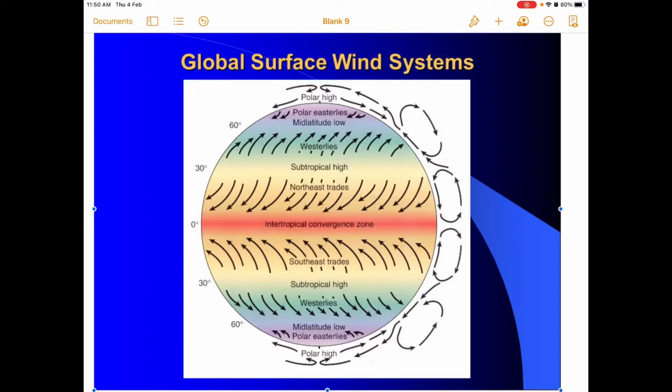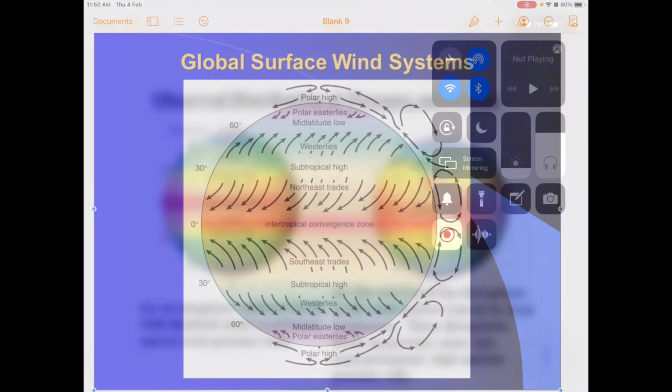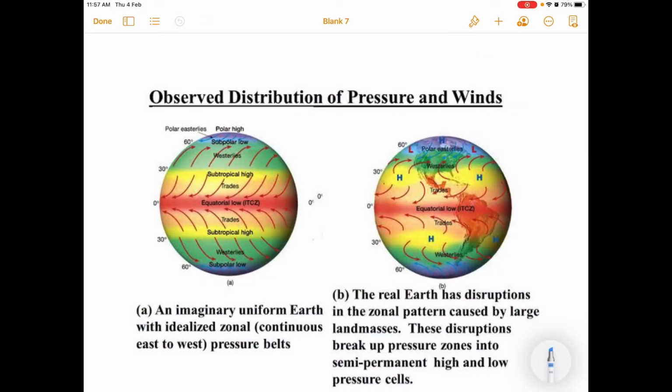In this video we will study the global surface wind system in detail. So children, we know that the varying amount of insolation received on the surface of the earth brings about the differential heating of the earth. Because of this, the distribution of insolation and the motion of the earth are responsible for the changes in the weather and the climate in the different parts of the world.